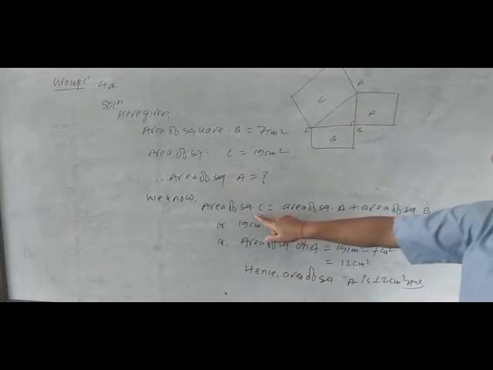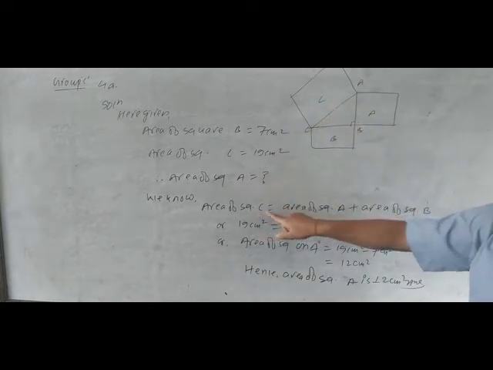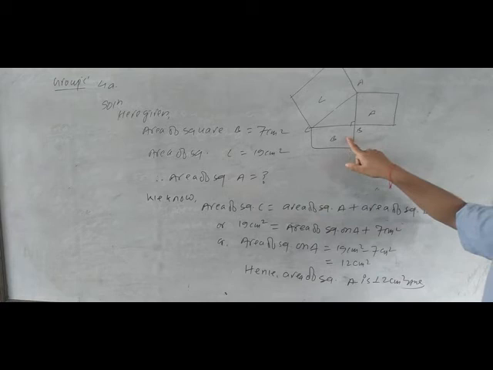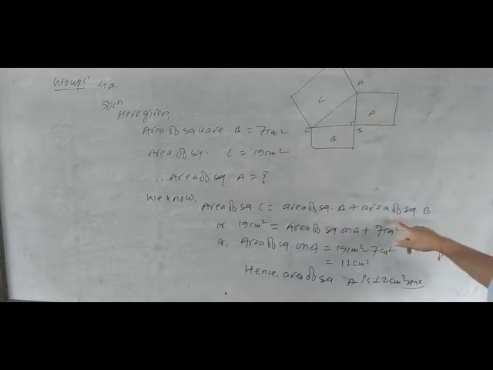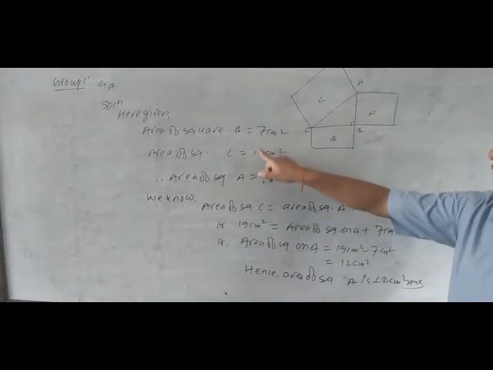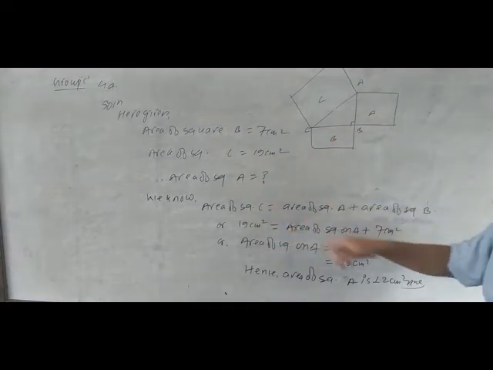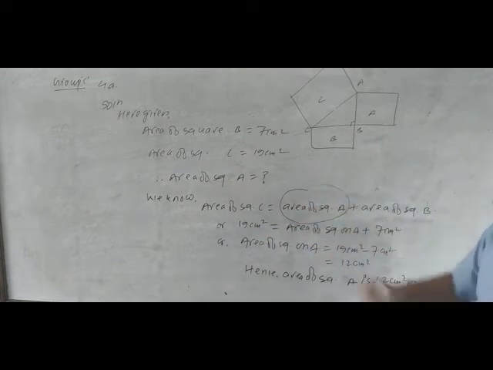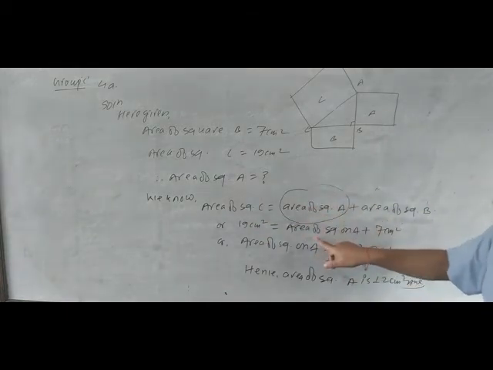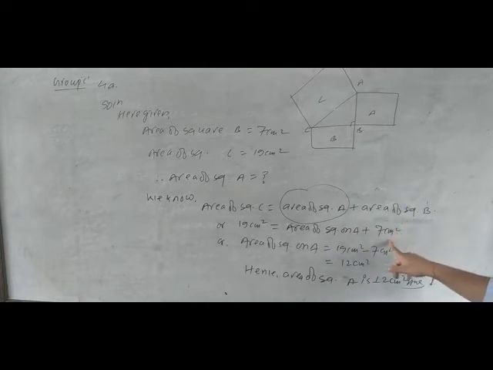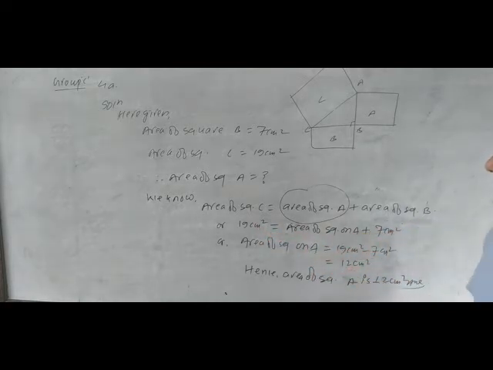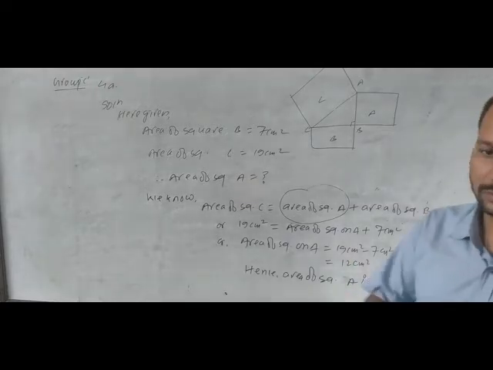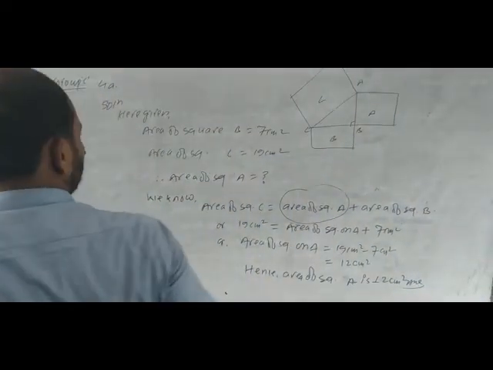So here area of a square on hypotenuse C, the area of a square C is equal to sum of area of a square on perpendicular and base. Let it be perpendicular on, it is on the base here, and you have here given area of a square C is equal to 19 cm square, and you should find this. Okay, so you write as it is, and area of a square B is equal to 7 cm square. From here 19 cm square minus 7 cm square, we have 12 cm square. The area of a square A is 12 cm square. Okay, in this way you solve these types of question.